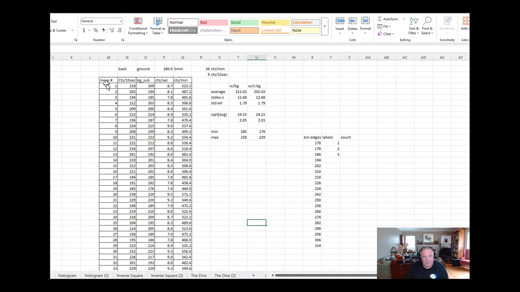you can see here where, in this case, we took 50 measurements, and so there's our measurements there. And there's our background. We got 180 counts over 5 minutes. So that was 36 counts per minute, or 9 counts for 15 seconds we did here. I forget where the 12 seconds or 15 seconds comes from. But anyways,